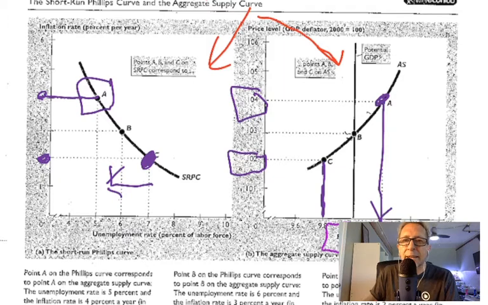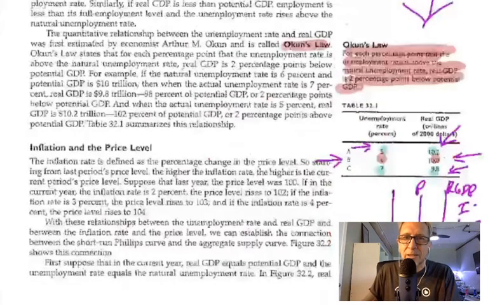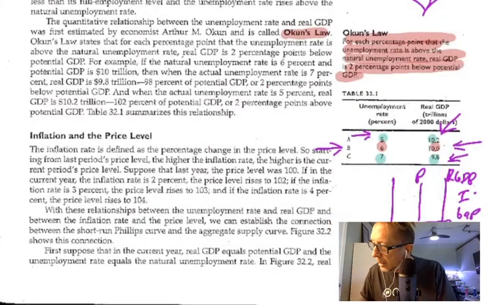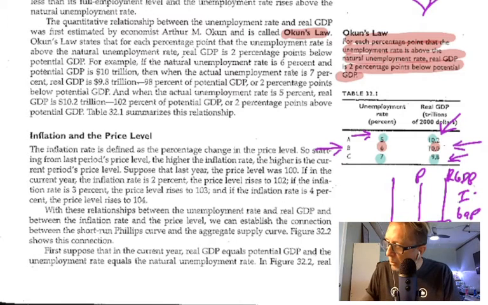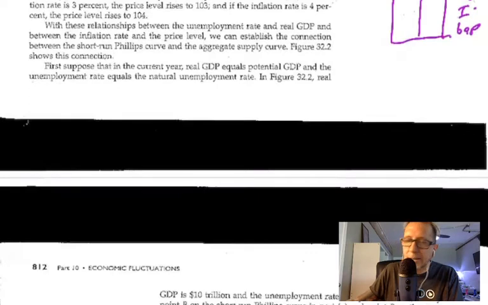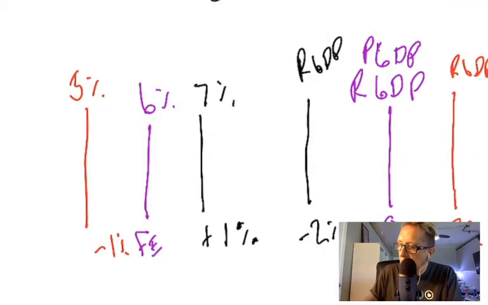Again, more people working, more production. So understand that. Now, this relationship is explained in Okun's law. Okun's law essentially tells us this. For each percentage point that the unemployment rate is above the natural unemployment rate, real GDP is 2 percentage points below potential GDP. So I drew this little picture for you right here. Hopefully it works. This is Okun's law. Over here you have